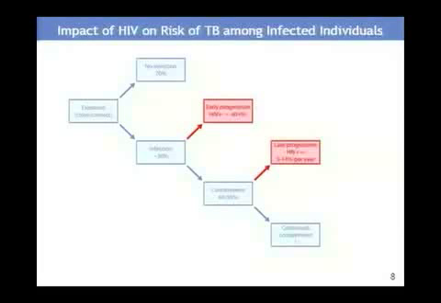So you can see at the last box here, it says continued containment with a question mark. That is because if untreated, HIV-infected patients who are also infected with Mycobacterium tuberculosis will virtually all progress to active disease at some point in their lifetime. So this just emphasizes the tremendous impact that HIV has on TB infection, greatly increasing the risk of progressing to active disease.